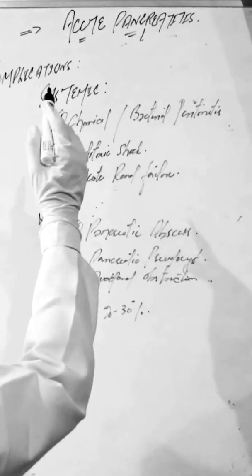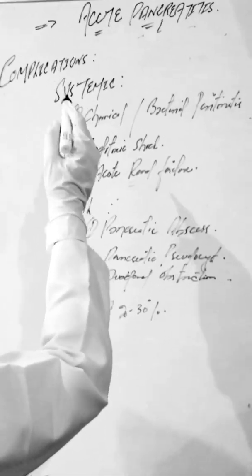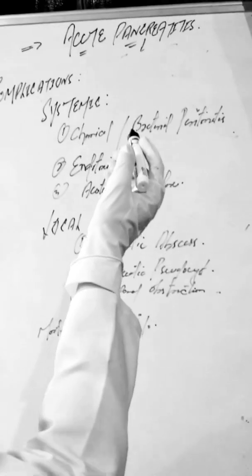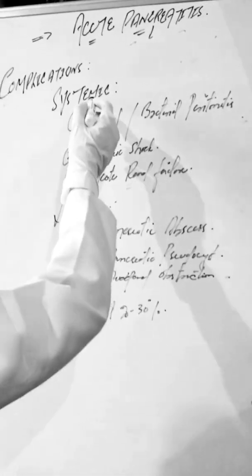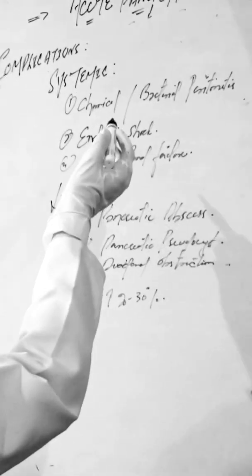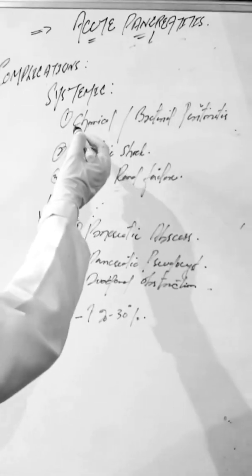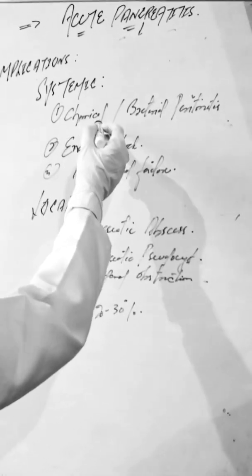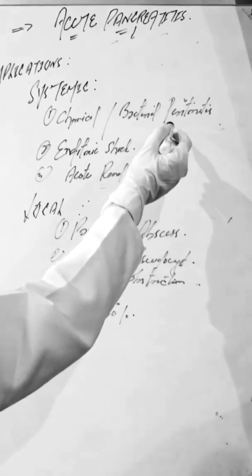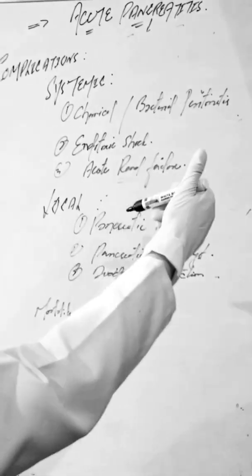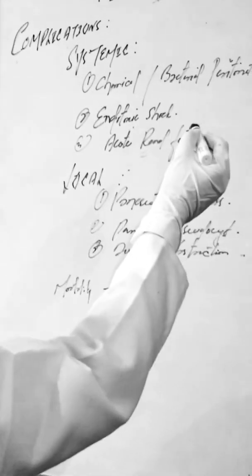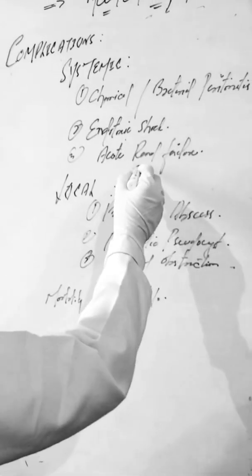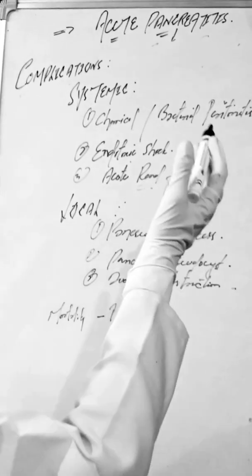Talking about the complications of acute pancreatitis. Now, a patient of acute pancreatitis who survives may develop a variety of systemic or local complications. Talking about systemic, the patient may develop chemical and bacterial peritonitis. That's the infection of the ascitic fluid, we can say. Second, the endotoxic shock. It's a life-threatening condition, as you know. And acute renal failure. Kidneys can't